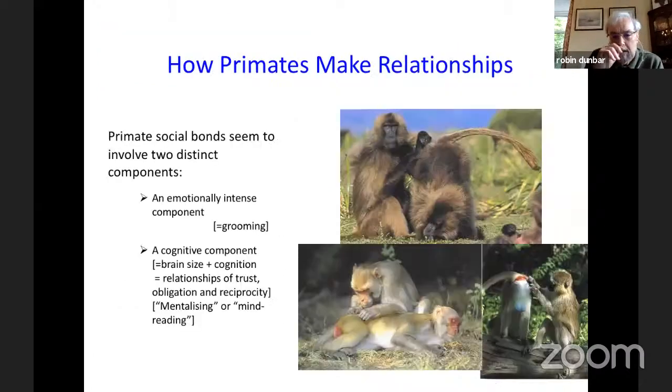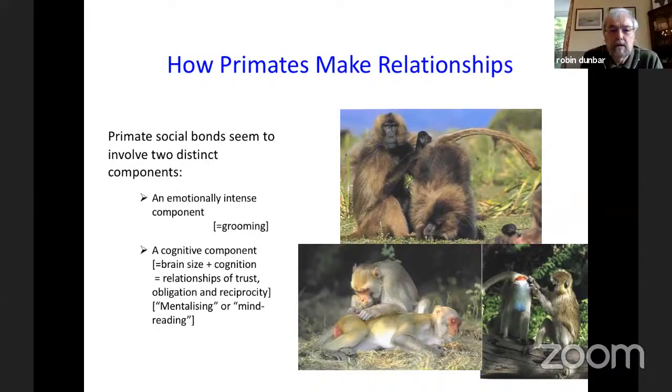So the question I'm going to focus on is how do we maintain these relationships. How does it actually work inside the brain, what's going on? And the model we've developed for non-human primates is what's sometimes called a two-process model. Let's say there are two mechanisms involved, running in parallel to each other, both of which play an equally important role. One is a very deep